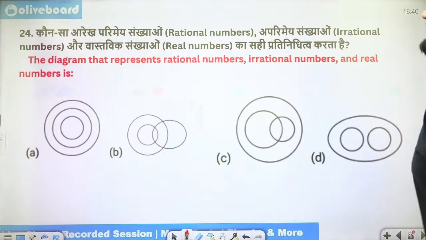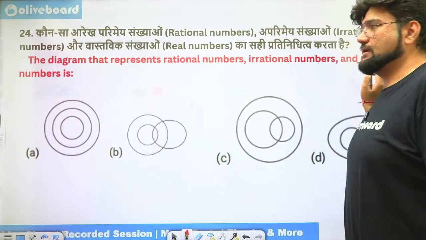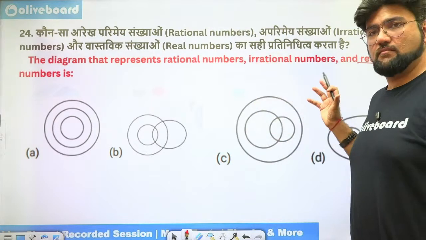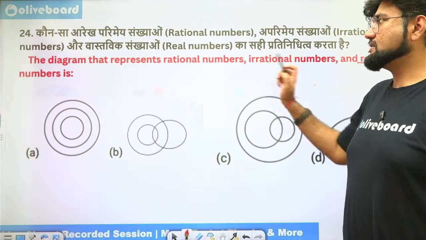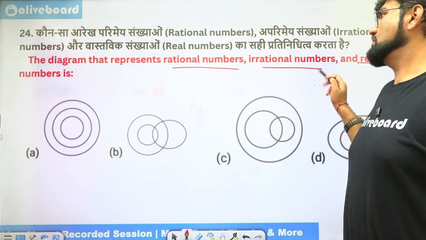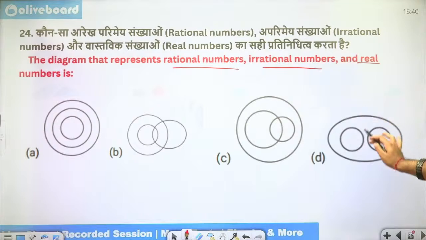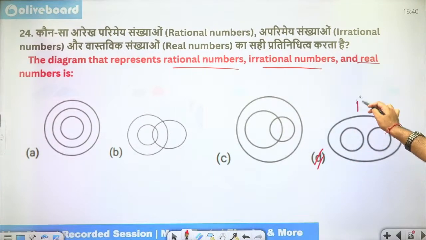So there are real numbers as the primary numbers. Number systems are divided into 2 types: real numbers and complex numbers or imaginary numbers. And real numbers are further divided into 2 major types, rational numbers and irrational numbers. They have nothing common between them. So real numbers into rational and irrational, option D is the right answer, where this is denoted by R, standing